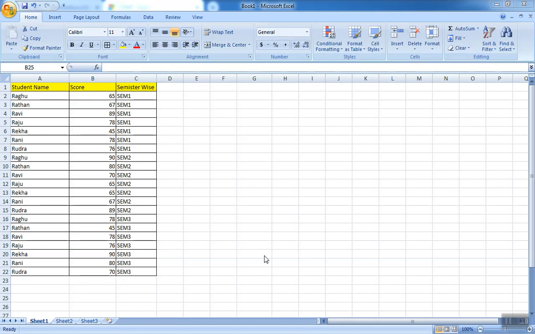Hi all, welcome back. Today I am going to show you one of the useful functions in Microsoft Excel, which is the SUMIF condition. Okay, so here I have a list of student names and their scores against each student,